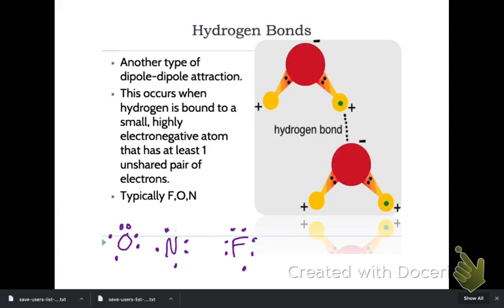So what we're looking for are these unshared electron pairs. That means the electrons that are paired up are unshared. Those will not be involved in a bond. Hydrogen has to be attached to one of these atoms. So we can see hydrogen with the oxygen in water, the hydrogen on the nitrogen in ammonia, and the hydrogen with the fluorine in hydrofluoric acid. These are the only atoms that hydrogen can be bound to in order to form a hydrogen bond